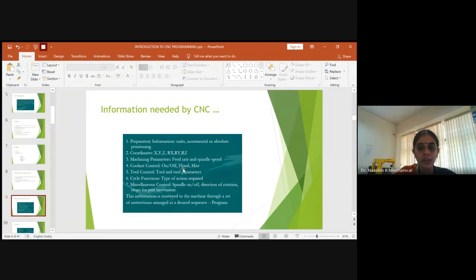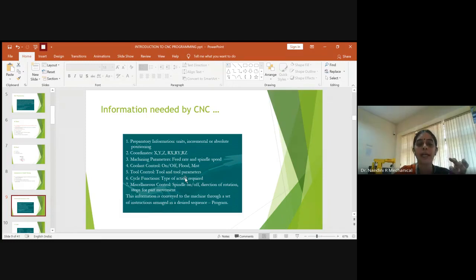Okay, this flight and all you are not using with respect to your syllabus. And how you control the tool and what tool parameters have to be associated. When you go in, all the tools will be available in the software, and you have to select the tool based on the operation you need, and again based on the material you are selecting for the tool, its physical properties will be there.